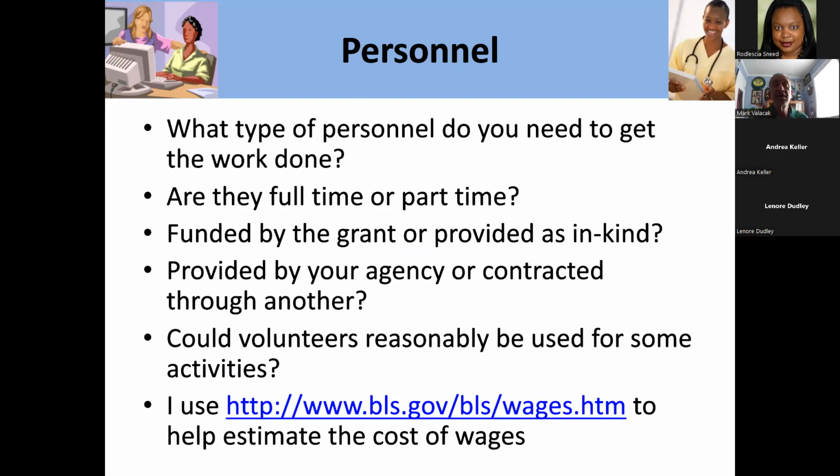And by in-kind, what I'm referring to is that this is a person who maybe is already on your staff, is funded by a funding source already, but they might be working a percentage of their time on the grant